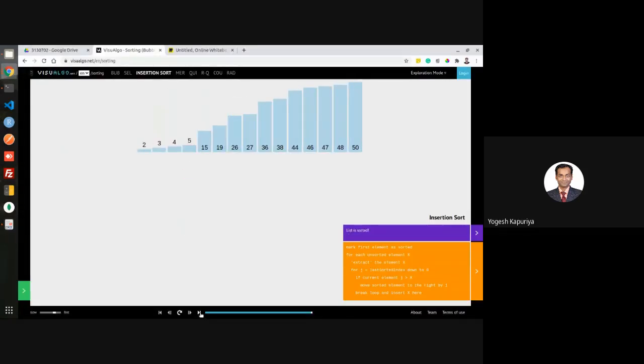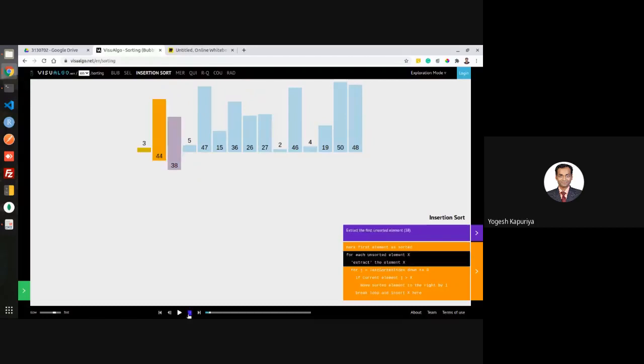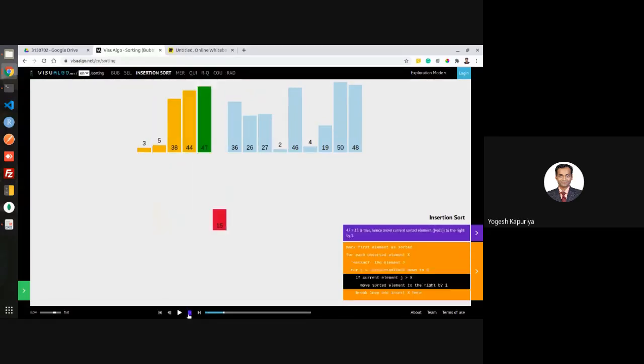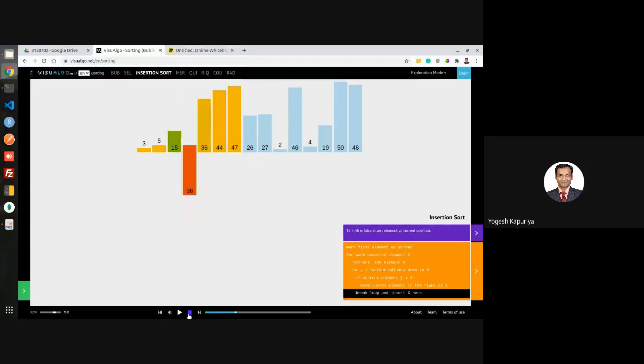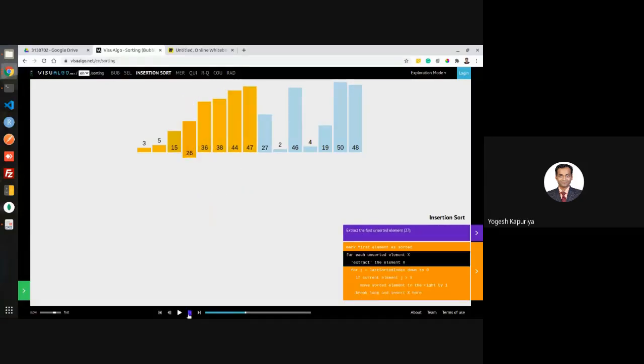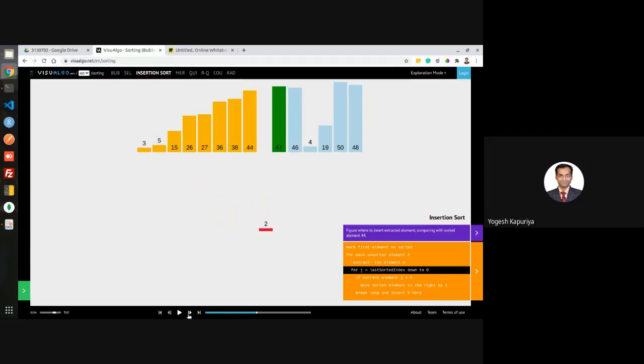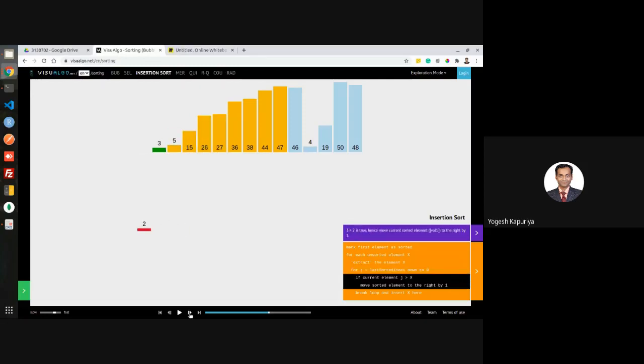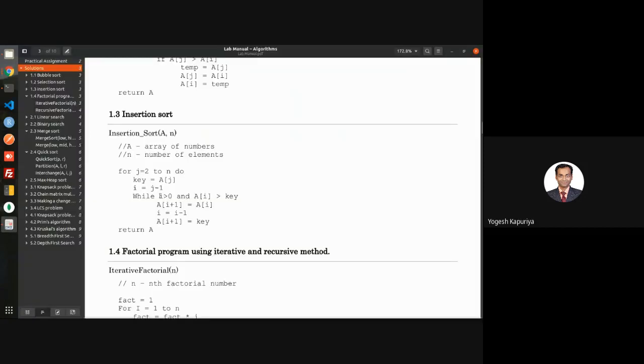So this was the case when we have in case of 2. If you remember, in case of 2, we have shifted all the elements. We have not found any element which is greater than, sorry, less than key. So we have reached a point that should be covered by this, while i is greater than 0. So this loop will terminate when your i becomes 0.